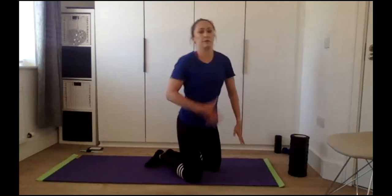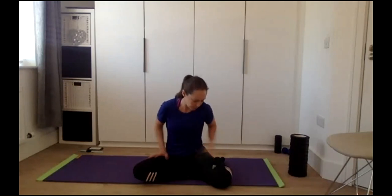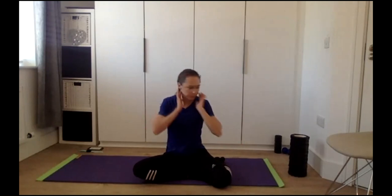So that's a little bit around the shoulders through the front and through the back. As I say, important for everyone, not just throwers. What we're going to do now is come into things around your hips. Then we'll come into thighs, and that kind of goes to our hips. And then we're going to do some stuff through foot and ankle. Okay, so we'll start off with doing a little bit of mobility, and then we'll come into a bit of